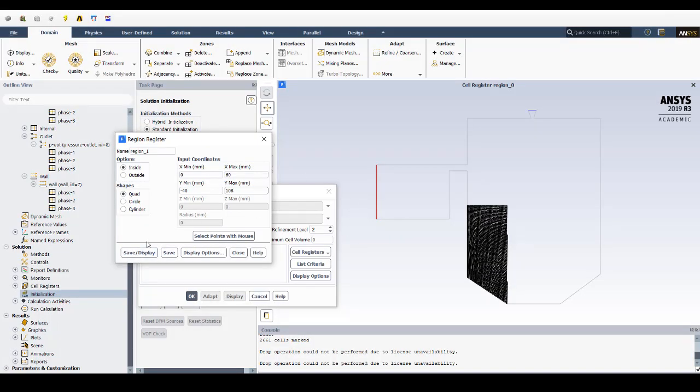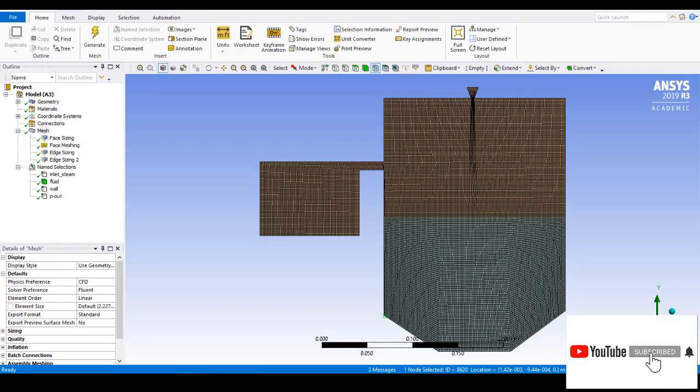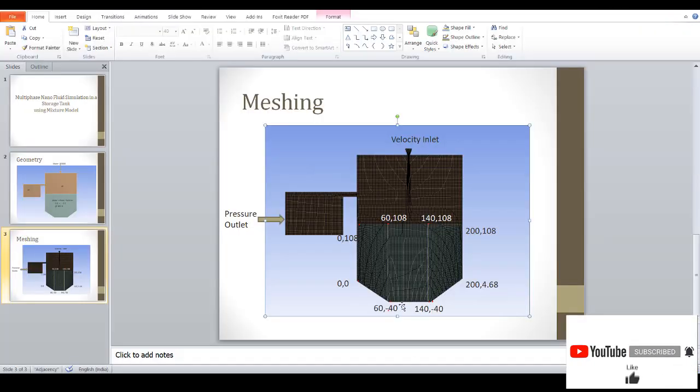After this, click on save and display. So automatically this would be displayed, right? So that is region 1. Next region is x minimum is 60, x maximum is 140.